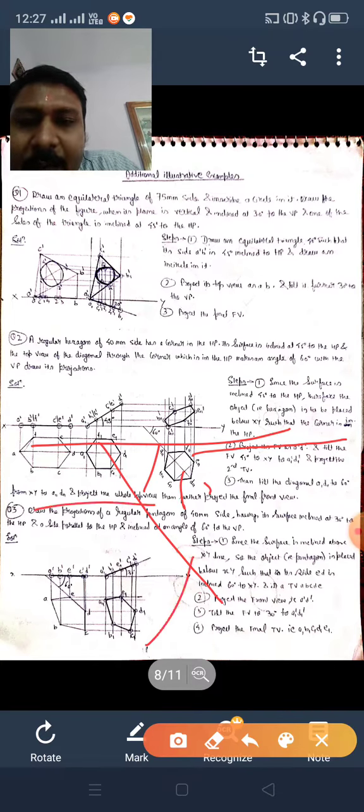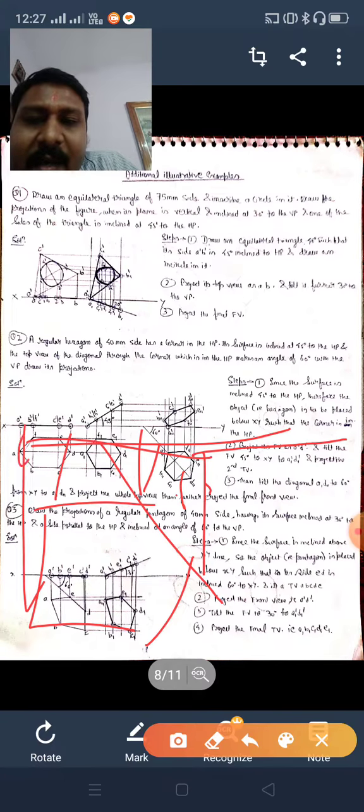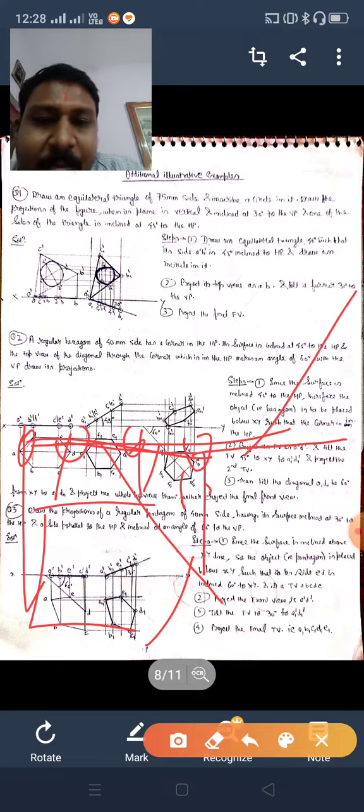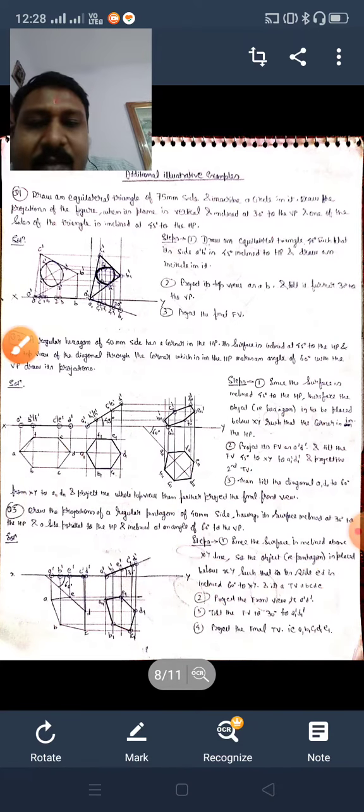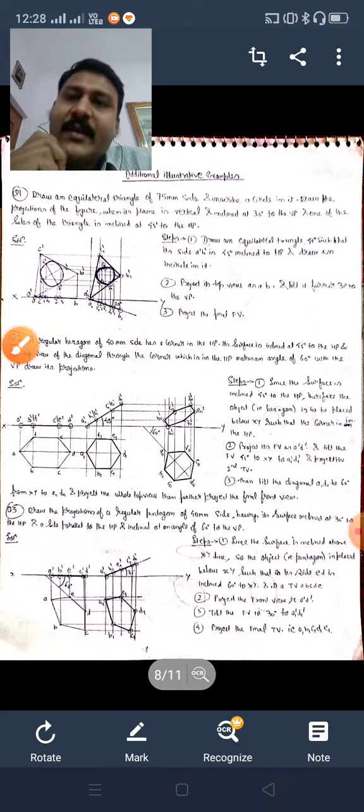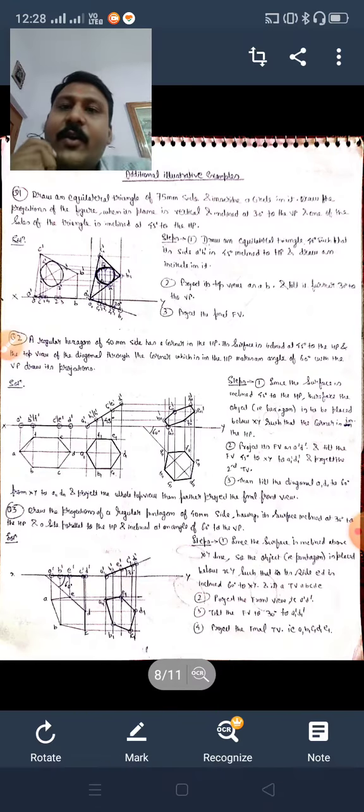Draw a pentagon here like this. Name it, since it is below XY line, so dash will not be there. Name A, B, C, D, E. Project it. You will get the plane here. Name A dash, B dash, C dash, D dash, E dash. That this plane is inclined at 30 degree to HP, draw 30 degree, put this plane over here, name it A1 dash, B1 dash, C1 dash, project it vertically, from here project horizontally, you will get another pentagon, slightly compressed. So this is a time saving process. You need not draw the 3 figures, in only 2 figures you can complete.